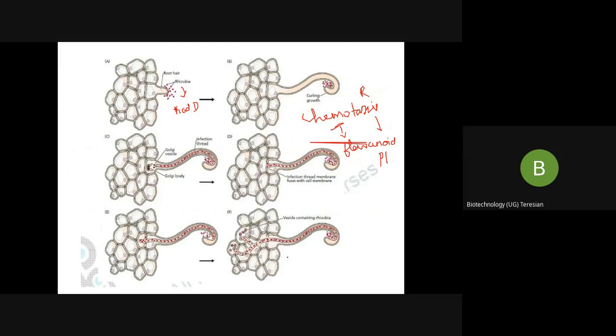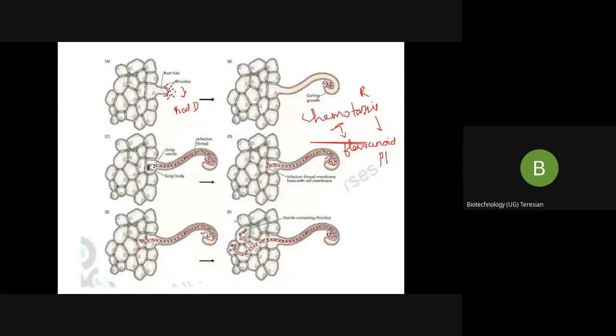Okay, now all the NOD factors are being expressed. Then what happens? The response of the legume is specific to the NOD factor. I told you it is a one-to-one interaction. That is what you mean by specificity. Now, how is it bringing about specificity? How is only one particular rhizobium attracted to this plant?